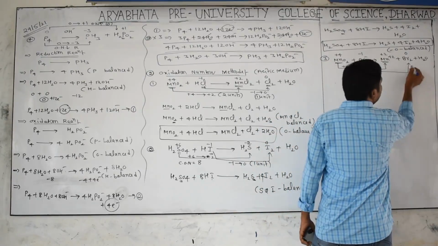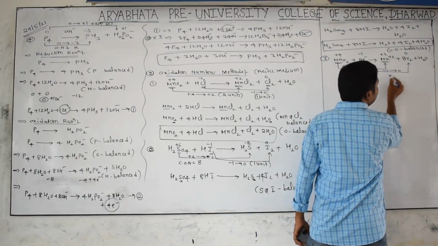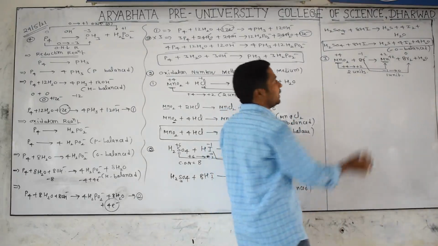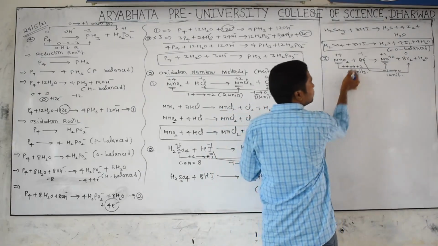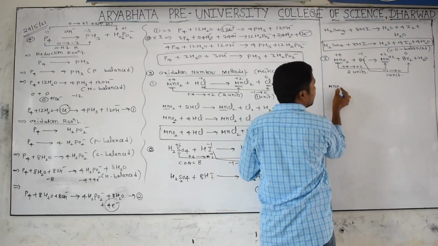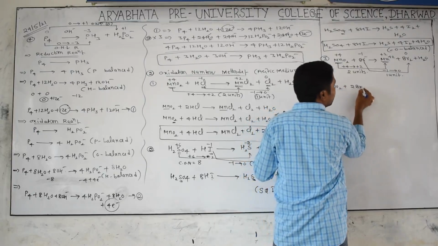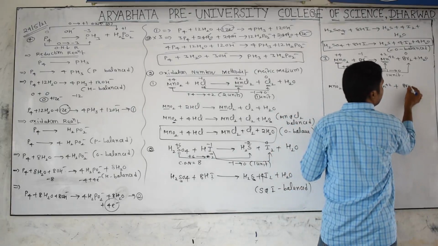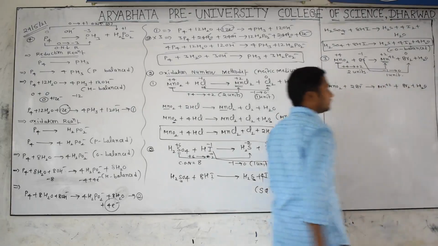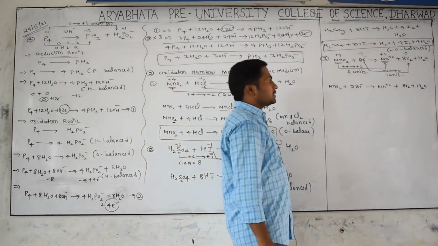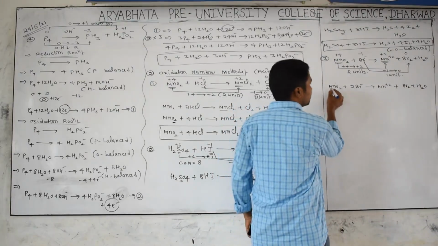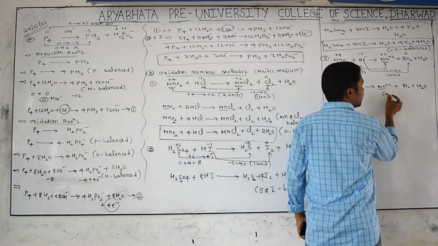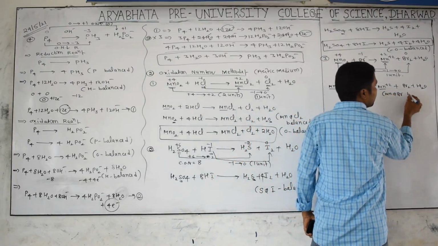Here Br minus oxidation number changing from minus 1 to 0 means 1 unit change is there. What should we do now? With this 1, this coefficient 2 will come. Then it is written as MnO2 plus 2 Br minus gives rise to Mn plus 2 plus Br2 plus H2O. Okay, now we have to balance other than hydrogen and oxygen. Manganese is already balanced, one. Two bromines balanced. So manganese and bromine are balanced.